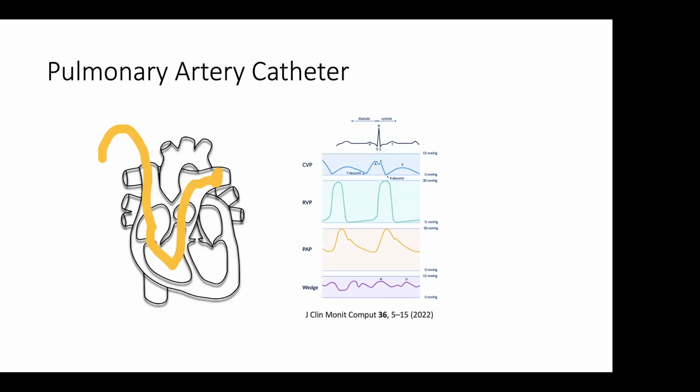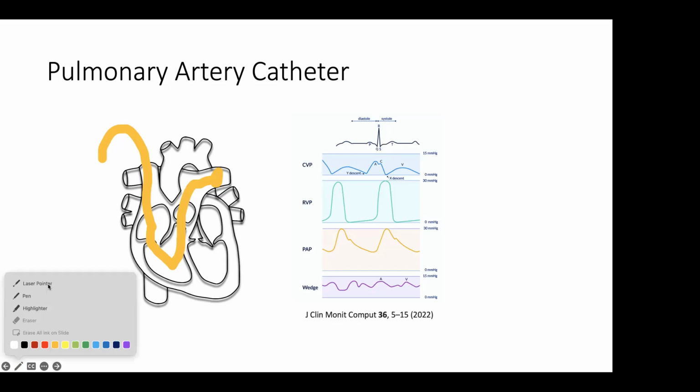When you want to get a reliable measurement of the pulmonary hemodynamics, you can consider putting in a pulmonary artery catheter. PAC, also known as Swan-Ganz, can provide valuable information on your filling pressures of the RV and the LV, cardiac output, and pulmonary artery pressure. So essentially, it's a